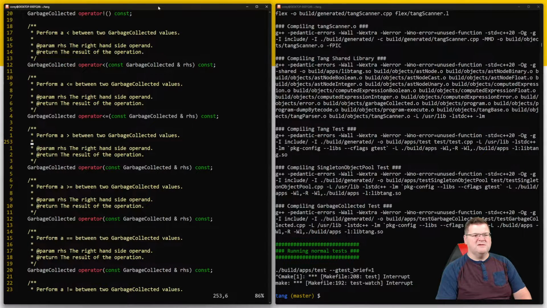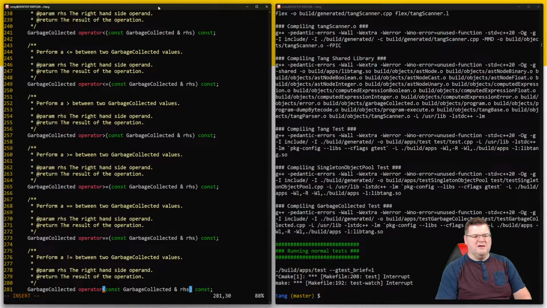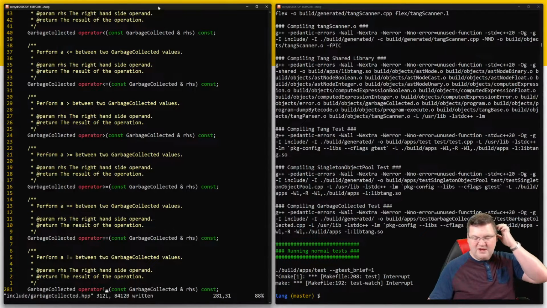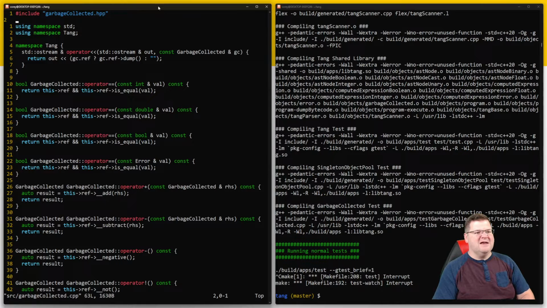less than or equal to, greater than or equal to, double equal, and not equal. And now it's going to complain that I haven't created, oh, it's not compiling at the moment because we put a stop to that for the moment. Okay, and now